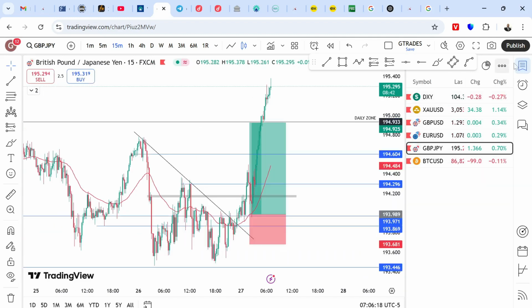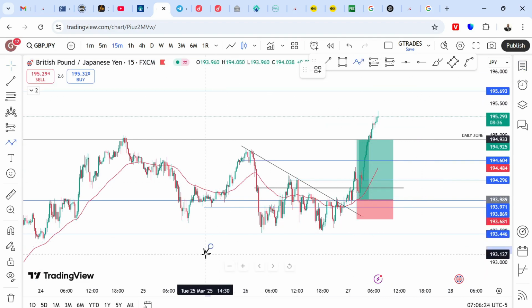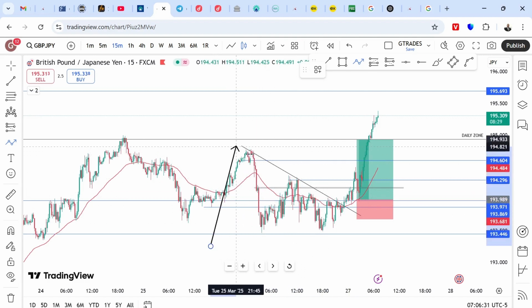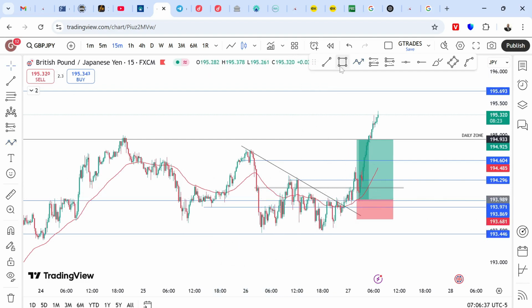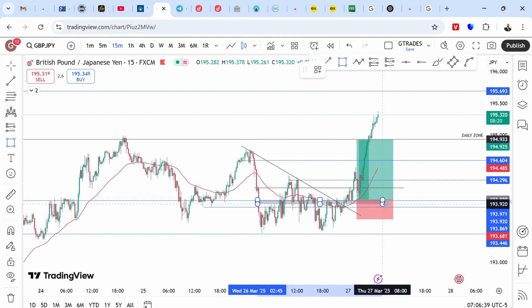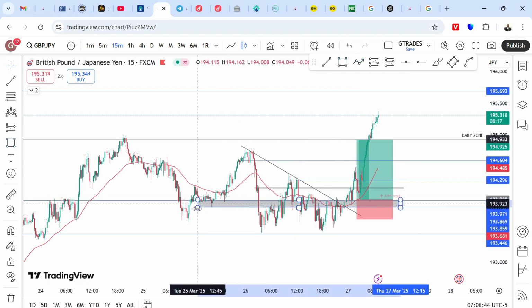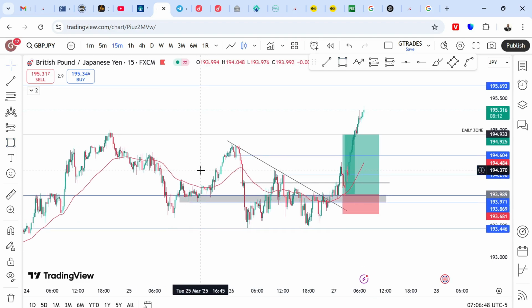On GJ, you can see what pattern this is? Breakout and retest, right? You can see the moment price gets to this trend line, there's a pullback. So my confirmation was that I want to have a breakout of this trend line. Fine, price broke out, but I had some level of support here that I want price to retest, right? Very smooth. If you can wait for what you are looking for to happen, the market will always be in your favor.